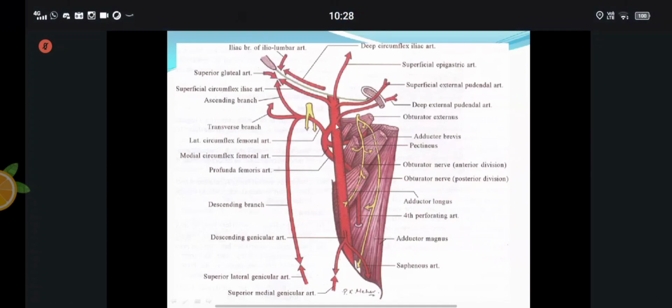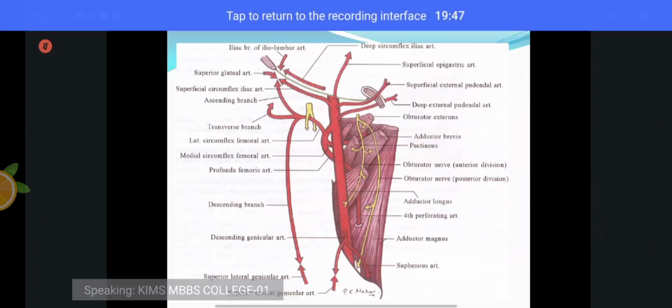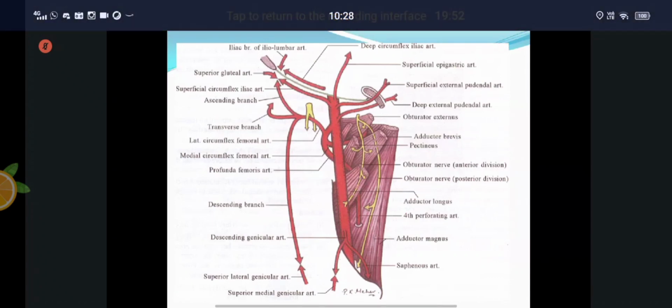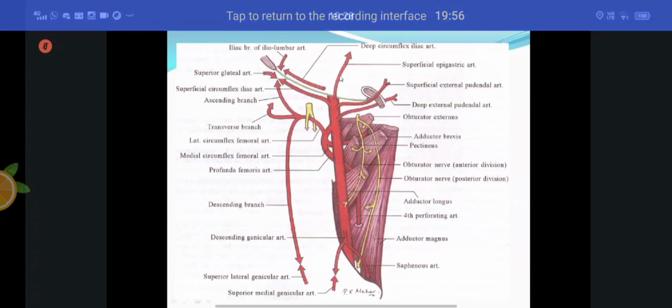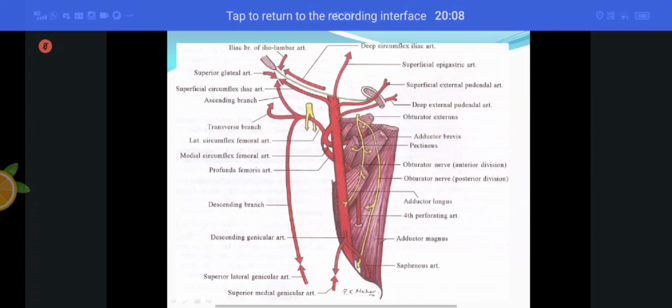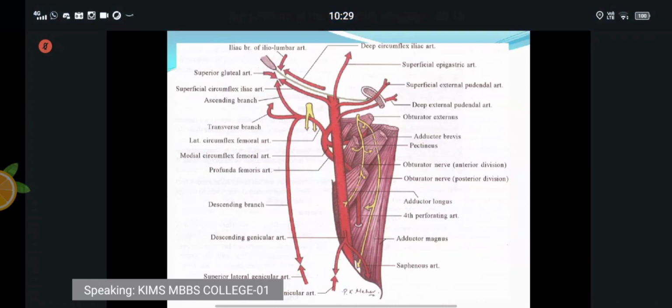Right. So you know it is a continuation of the external iliac artery. It continues as the popliteal artery. It is a part of the femoral triangle and the adductor canal. And then the branches. How many branches? The 6 branches are the superficial epigastric, the superficial circumflex iliac, the superficial external pudendal, the deep external pudendal, and the important branch which you are going to study again, the profunda femoris artery, and the muscular branches. So these are all about the branches of the femoral artery.